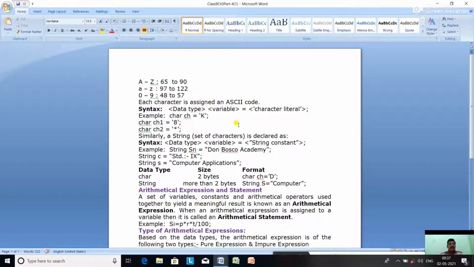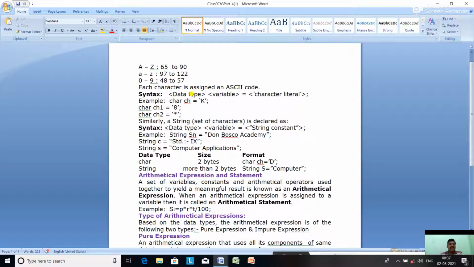Now, how to declare a character? Syntax is first the data type, variable name, equal to, and the character literal enclosed within single quotes, and then the statement terminator semicolon. Example, char ch = 'k'. Here, char is the data type, ch is the variable name, and k is the character literal enclosed within single quotes.